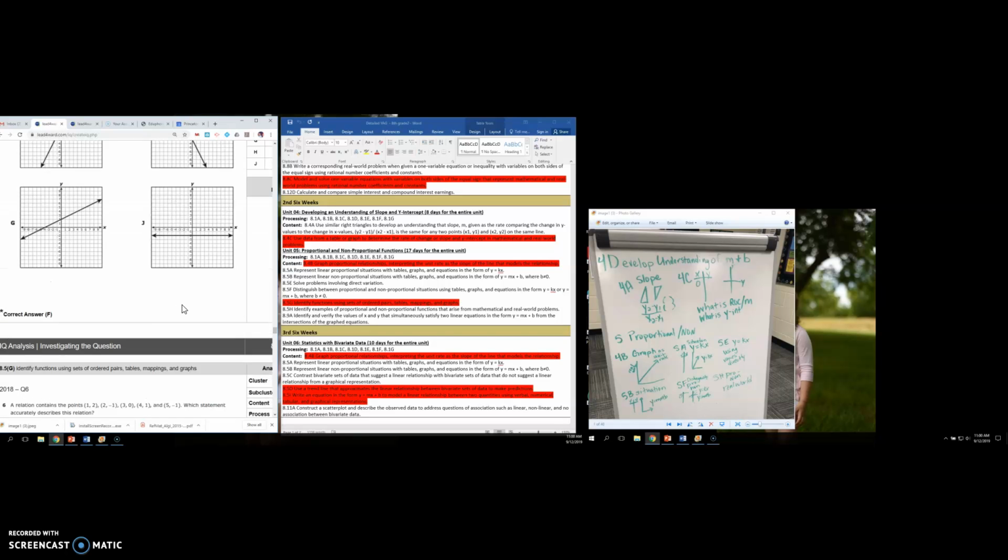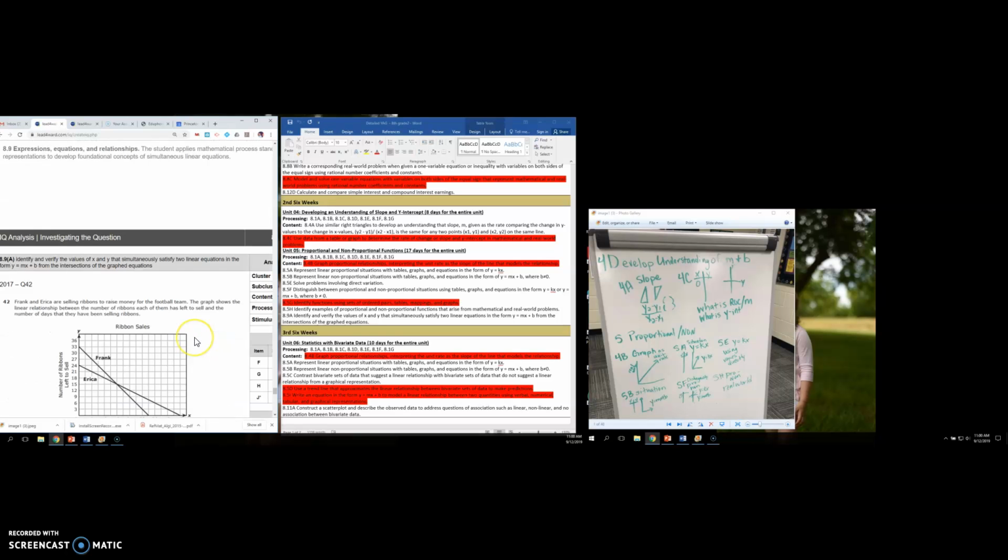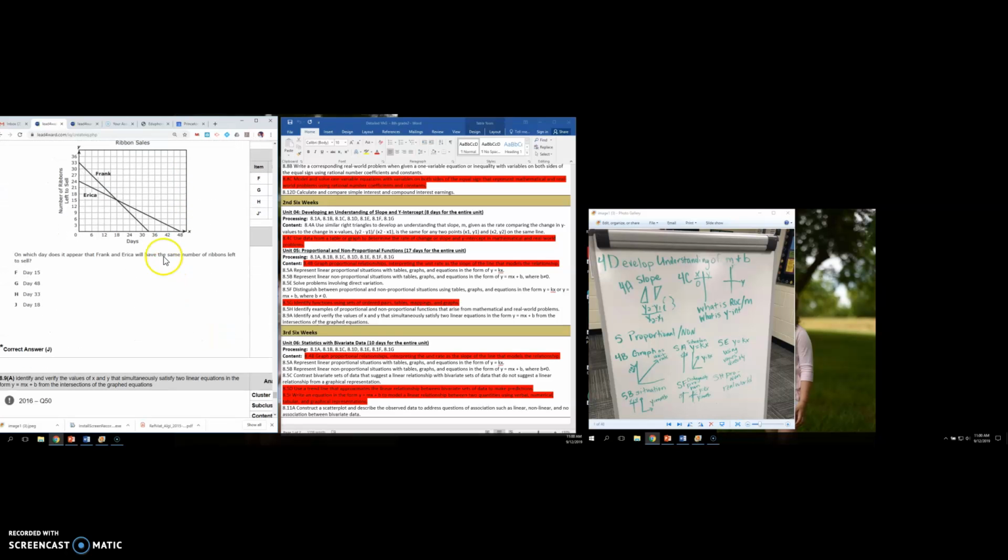And lastly, 9A. 9A is what we feel like is systems, but you do not have to teach the students how to write a system from scratch. All you have to do is look at a graph